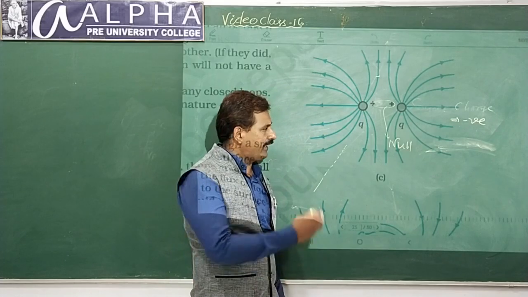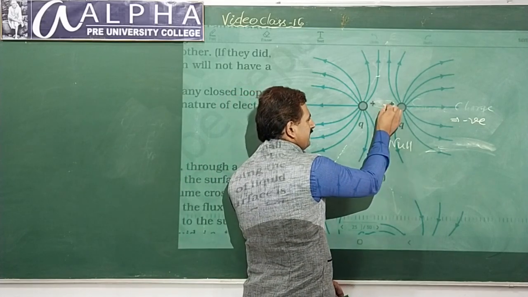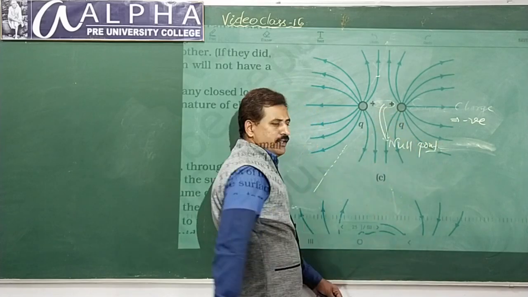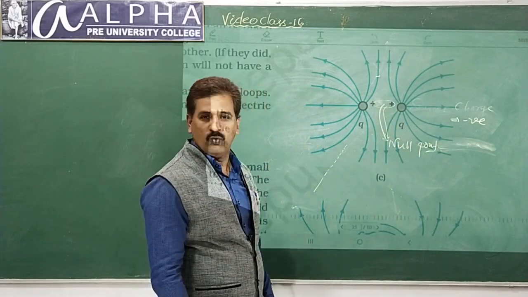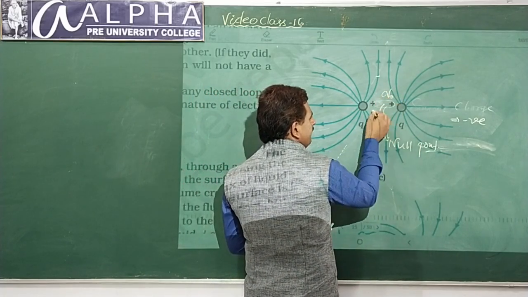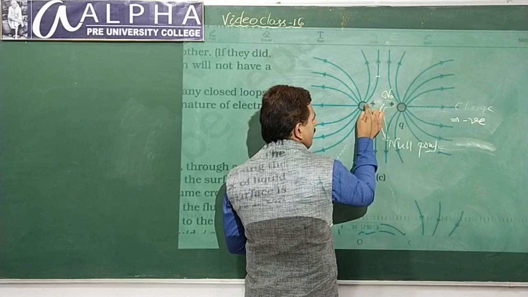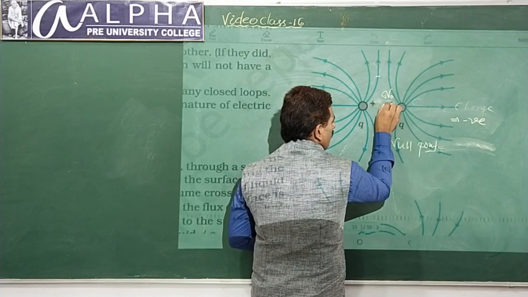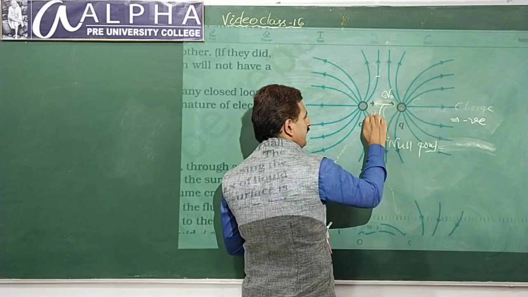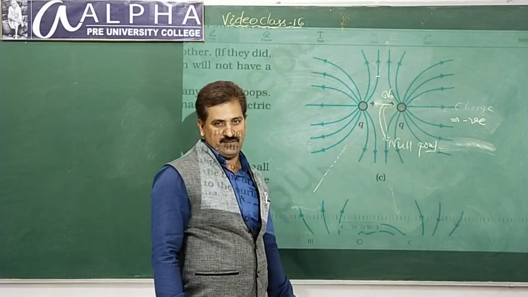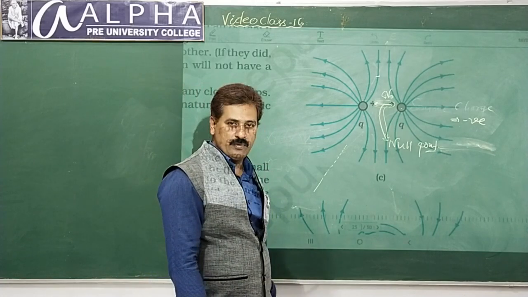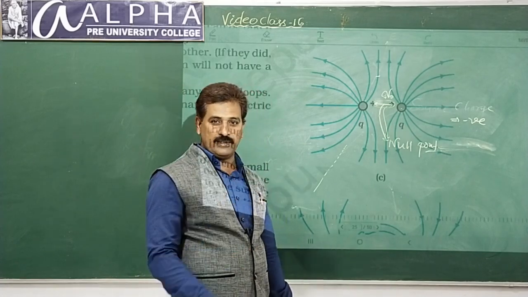No field, no electric field. One point, if you consider, is called the null point. What is a null point? A point where the electric field is zero. Why is that so? Because if you place a unit positive charge there, what happens? This unit positive charge is repelled by this. Repulsion means towards this. This also repels with the same force. They are equal and opposite. That's why the field cancels. Right? Sometimes, or at some points, the resultant field is zero.